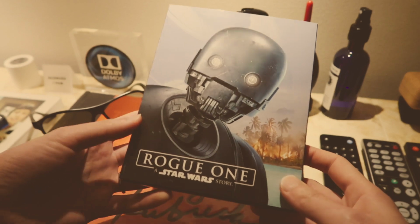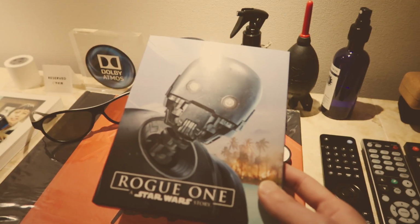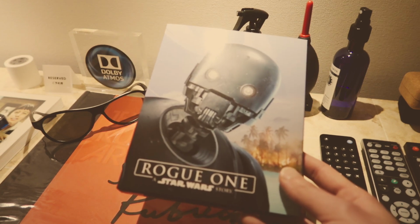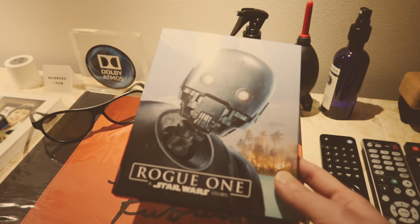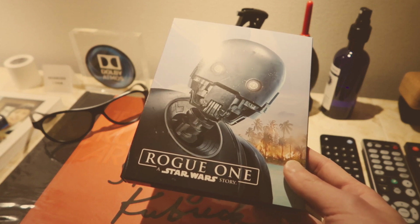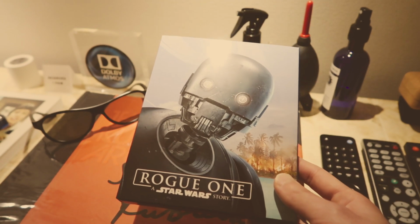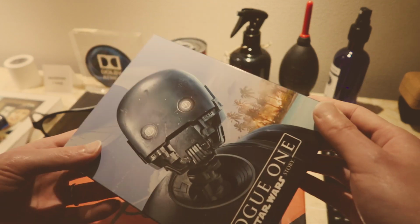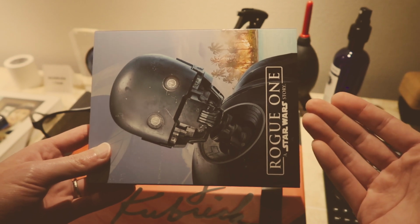And coming at number 7 is Rogue One. I would say most people wouldn't choose this as their favorite top 10 3D because it's very subtle. You don't see things flying at you or anything, but it's that subtleness and the depth part that I really like. Let's say this is a TV panel, and when you watch a movie in 3D,